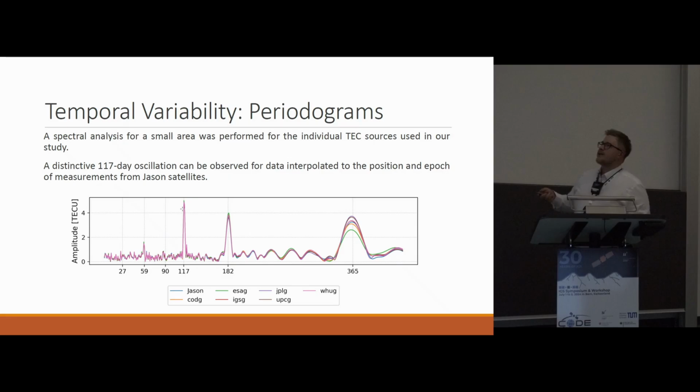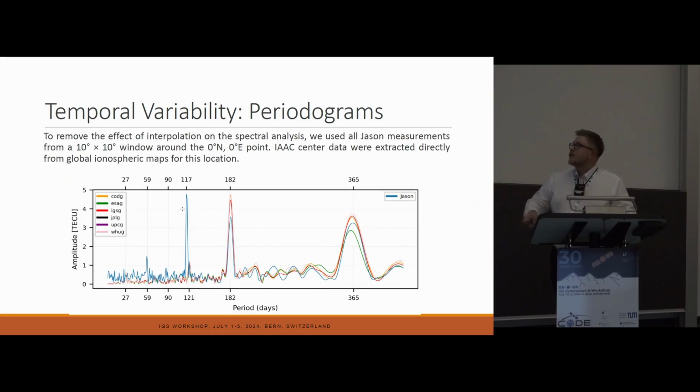So going further, now instead of taking into account the whole globe, we thought to take just one region. We took a square of 10 by 10 degrees around the point 0 north, 0 east, and did the same analysis. This is really interesting for us because it's surprising that for every source, not the difference, for every source we obtained the same oscillations with really similar amplitude. So we put the hypothesis that maybe interpolation was the wrong choice in this part, because by interpolating we could just mess up the oscillations in the global ionospheric maps. And this confirmed